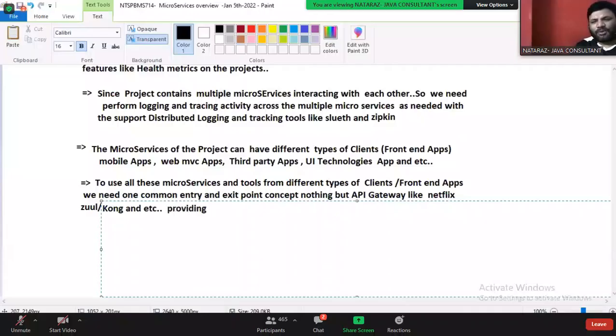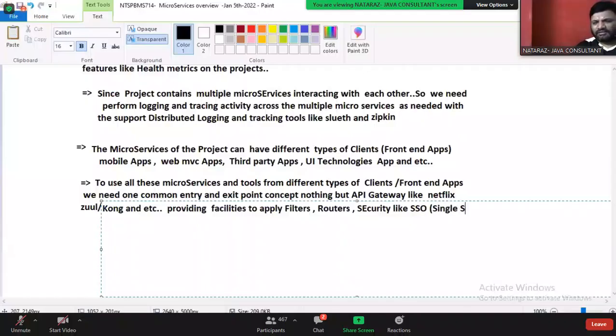Providing facilities to apply filters, routers, security like SSO, single sign on, guys.